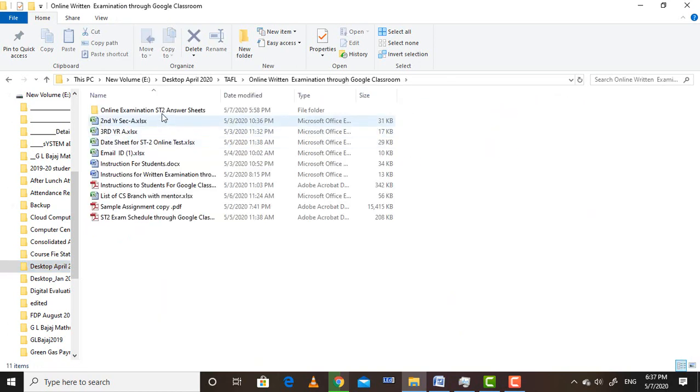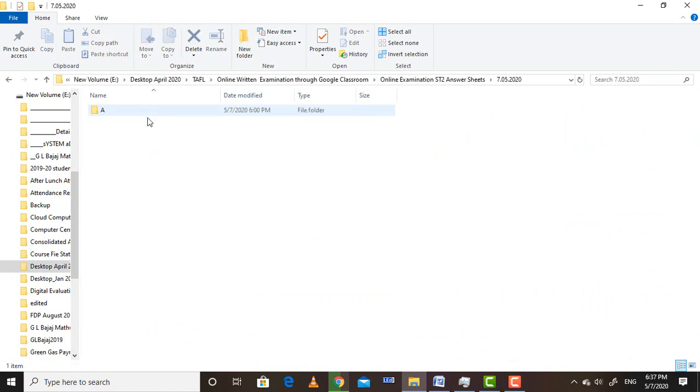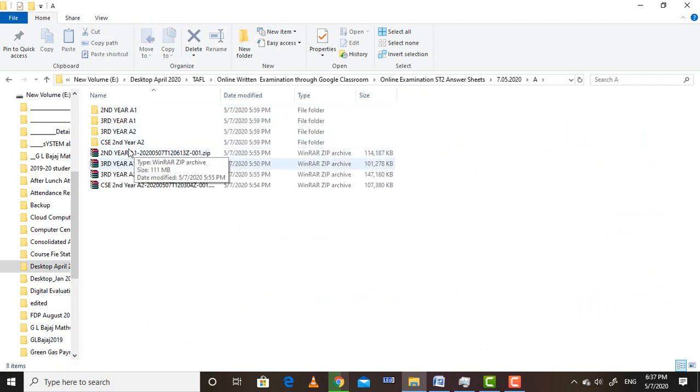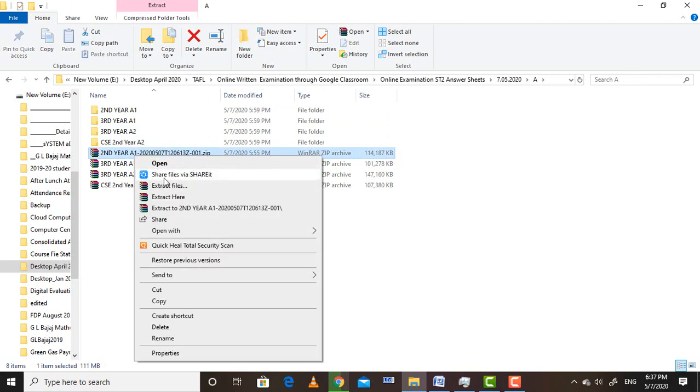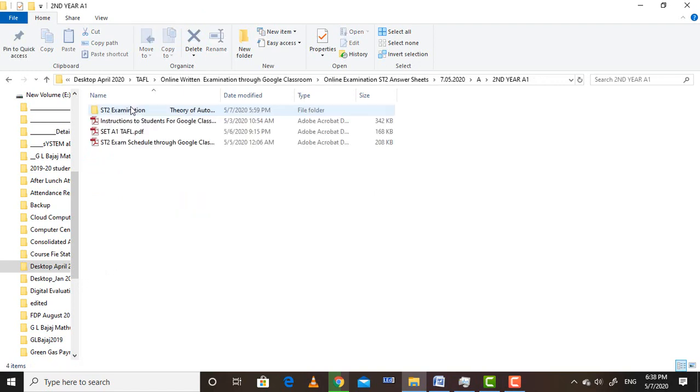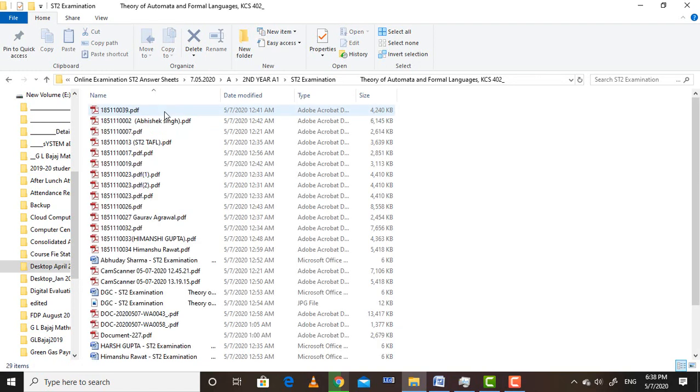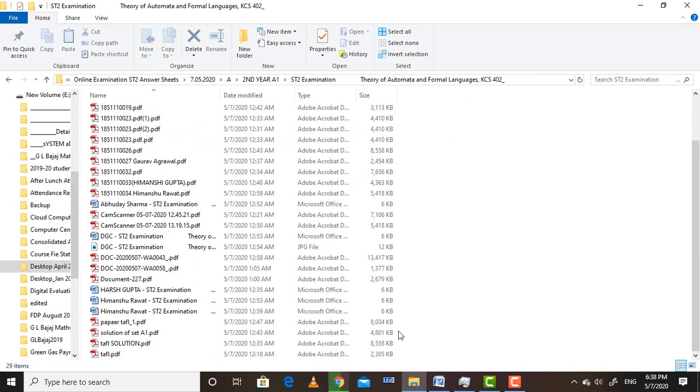Online written examination, online examination answer sheets, this is the date, and here I got it, right click on this and click on extract here, so it will give the folder like that, and in this you get all the sheets that you have received from the students.